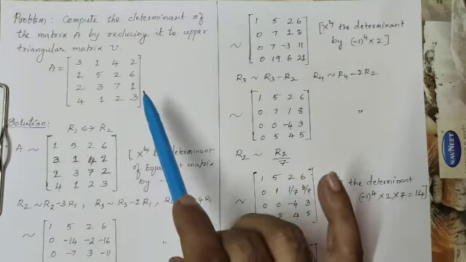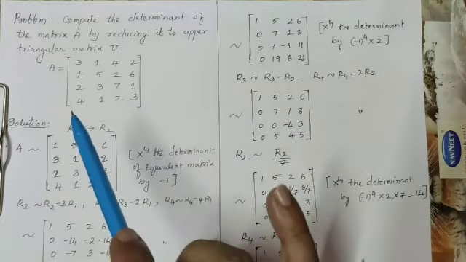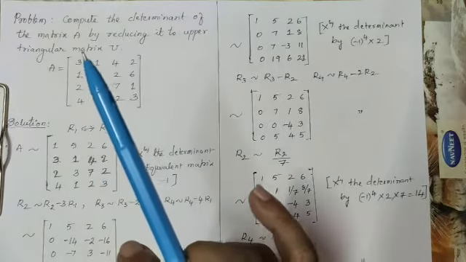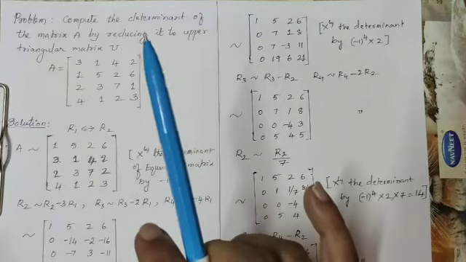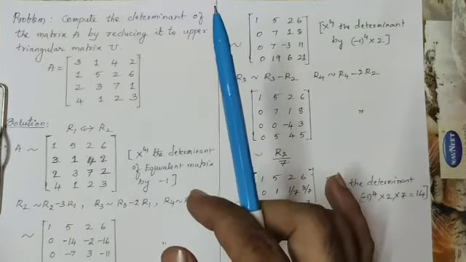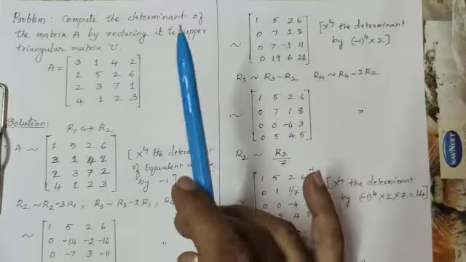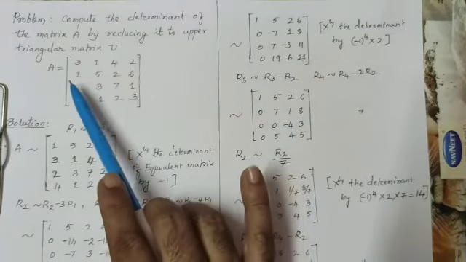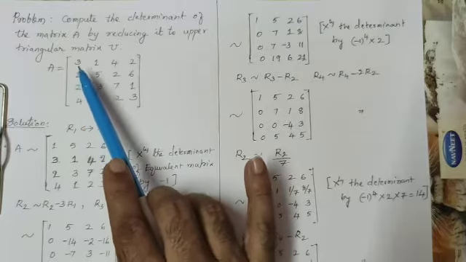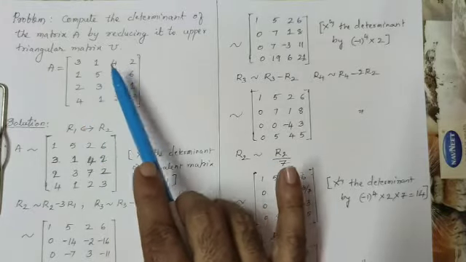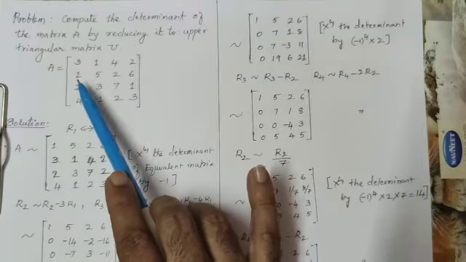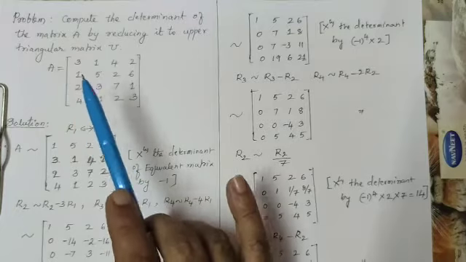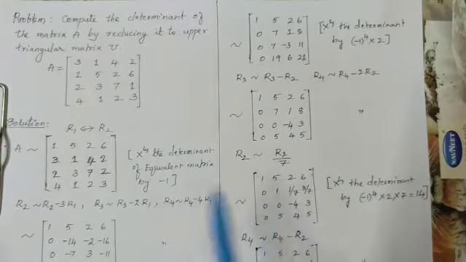matrix by k. Another very important property of the determinant is that if you subtract a multiple of one row from another row, then the determinant will not change. For example, subtracting 2 times the second row from the first row, or 3 times the second row, or 2 times the third row, etc., will not alter the determinant of the matrix. So now we will move to the solution.